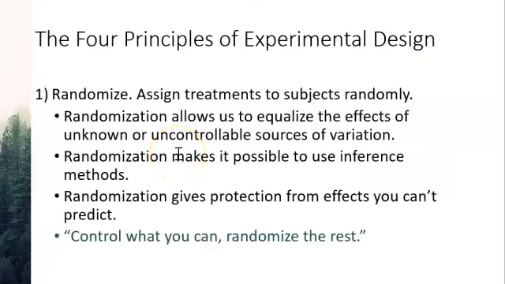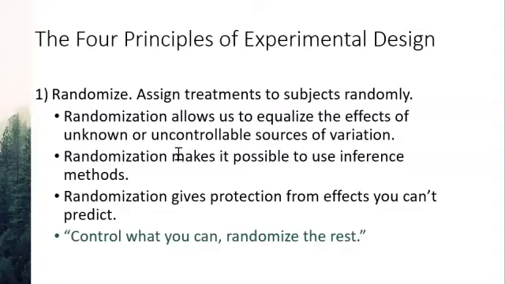First, randomization. That just means you assign treatments to people randomly. Randomization allows us to equalize the effects of unknown or uncontrollable sources, like if someone's feeling really tired that day. We randomize people to groups, so hopefully all the tired people aren't all in the same group, for example. Randomization makes it possible to use inference methods, basically to know the results of the experiment will be more valid